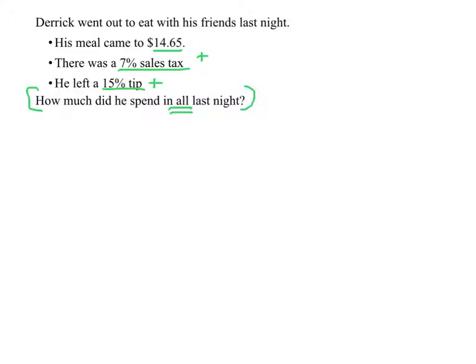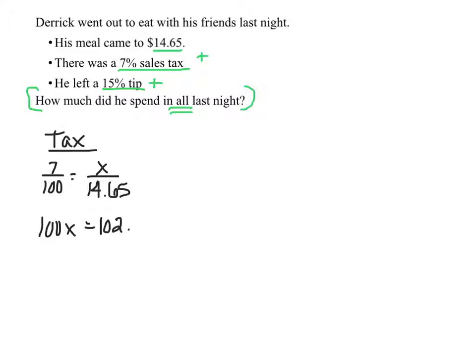So 2%, I'm going to need 2 proportions. Remember, when we go out to eat, sales tax comes before tip. So I'm going to set up my tax proportion. 7 over 100 equals x over my total of 14.65. Cross multiply. 100x equals 102.55. I'm going to divide both sides by 100, and I get x equals 1, and in your calculator it